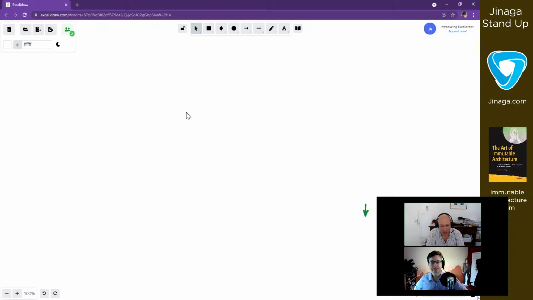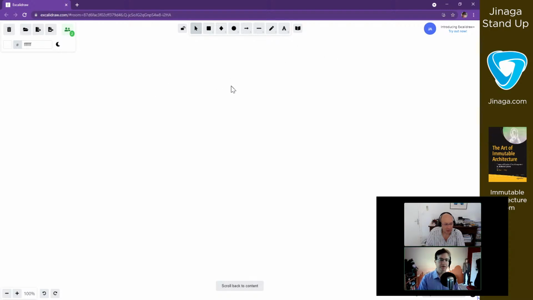I'm even wondering where the expression trees are in this thing. So we have two clients. There is the Janaga JS client, and there is a Janaga.net client. I've only drawn the Janaga.net client, and there is the Janaga JS server.